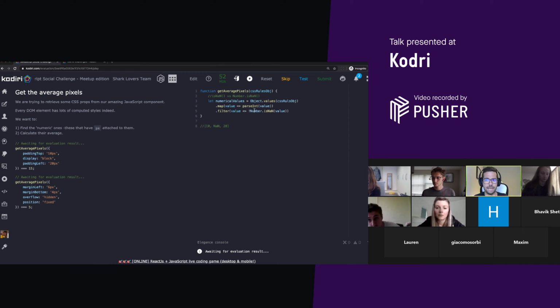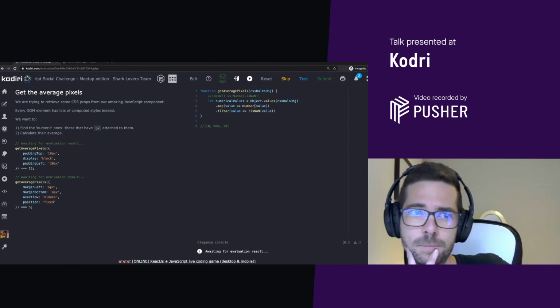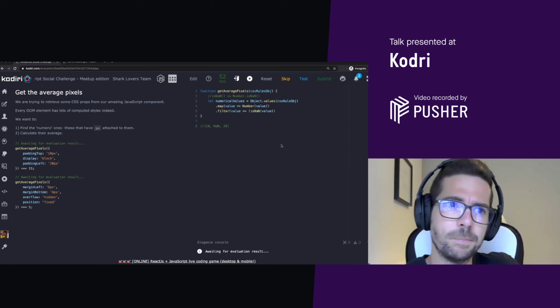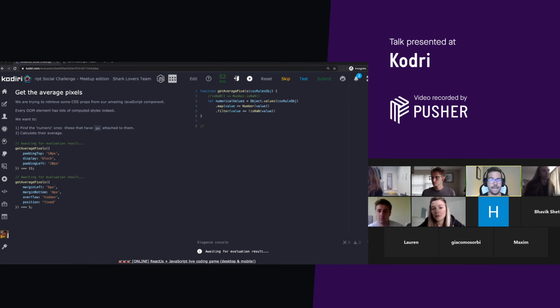Let me ask you something else. Can I use Number here instead of parsing? No. Why not? Because otherwise, if we use Number, it wouldn't work because we've got px. So parseInt allows us to parse strings. Correct. Guys, if our string will look something like that, 8, then we can either use parseInt or Number. Yeah, both approaches will return the same. So that's fine.